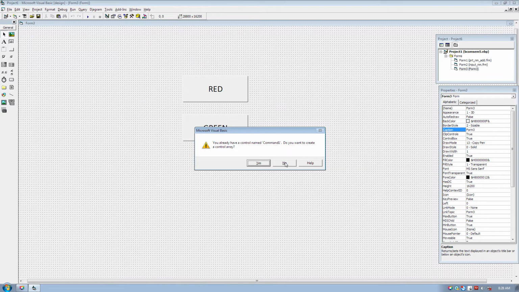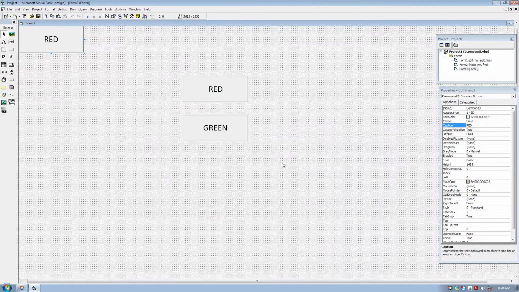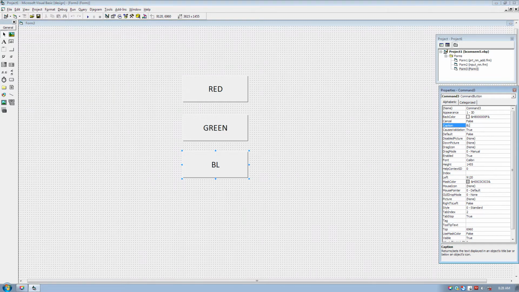Very simple, whenever you copy and paste any control on the form, every time it will ask you this message, and you have to select no. Just click on no. One more button is there, and now I will just change its caption to blue.